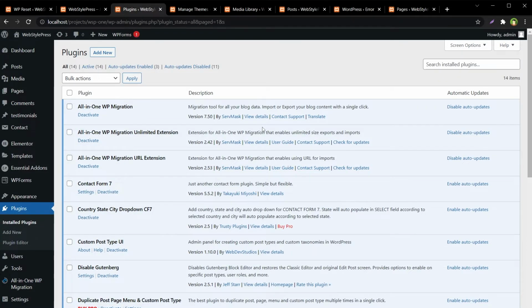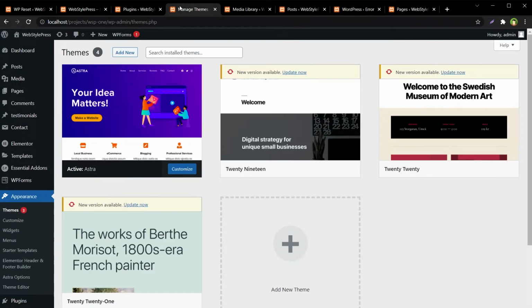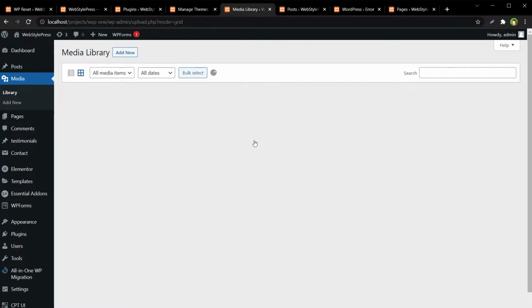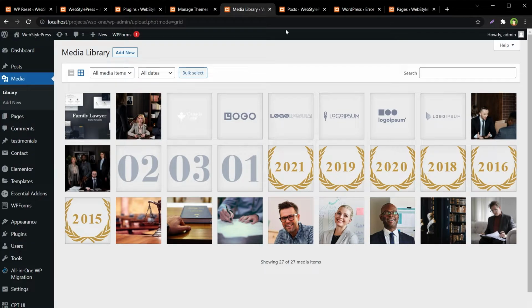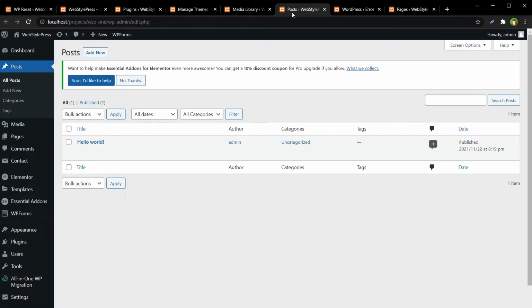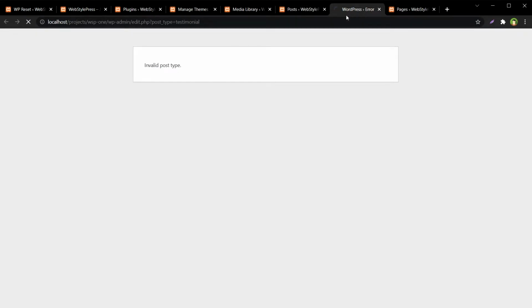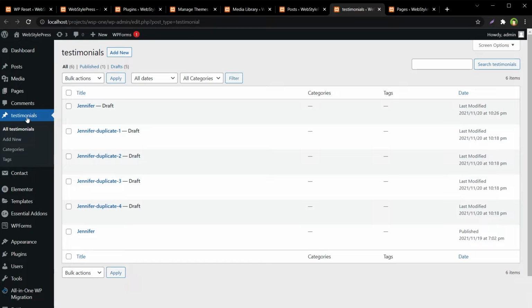Refresh the plugins page. Our plugins are there. Our themes are there. Reload the media library and our images are there. Refresh posts and we have our posts back. Refresh custom post types and testimonials are back.